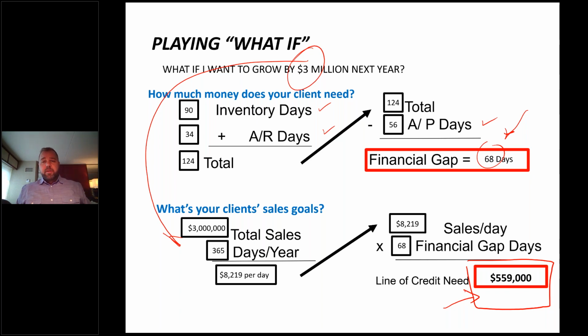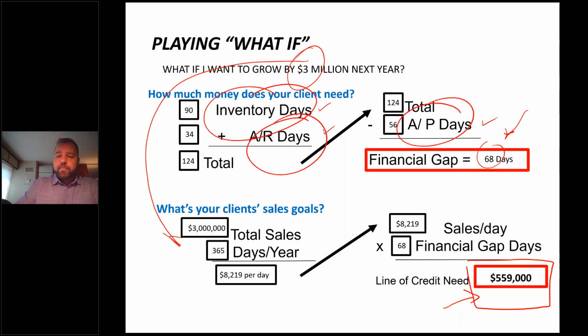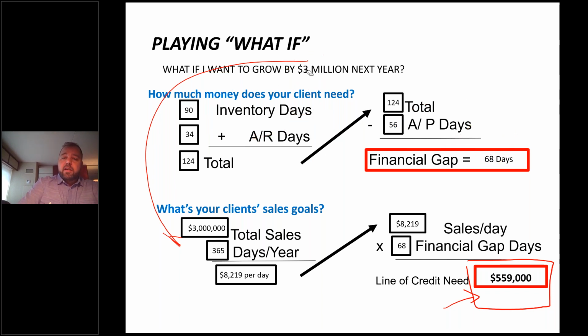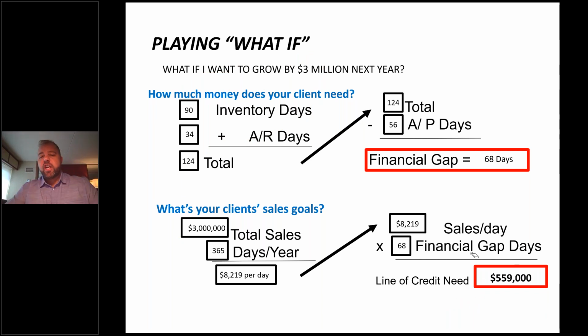That doesn't mean we stop. Remember, I got 3 levers. I got inventory, AR, AP. Those are 3 things I can manipulate. Maybe I'm not ready today, but maybe I use one of my levers and change the situation, right? I don't think he can stretch AP out any farther. I think it'd be really hard to collect faster. So really we've got inventory.